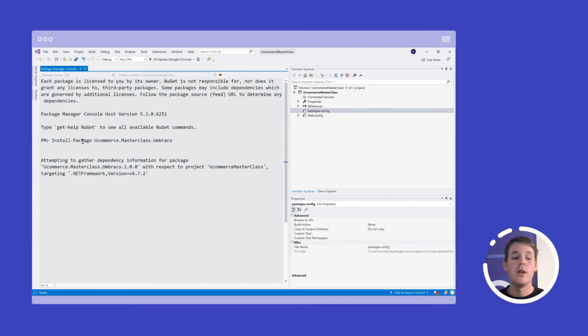There's a few important steps when installing Umbraco that we need to be aware of, which is basically that we have to configure Umbraco to use a SQL server. Otherwise, WooCommerce will not be able to install properly. So let's wait for the NuGet package to start downloading and finishing.